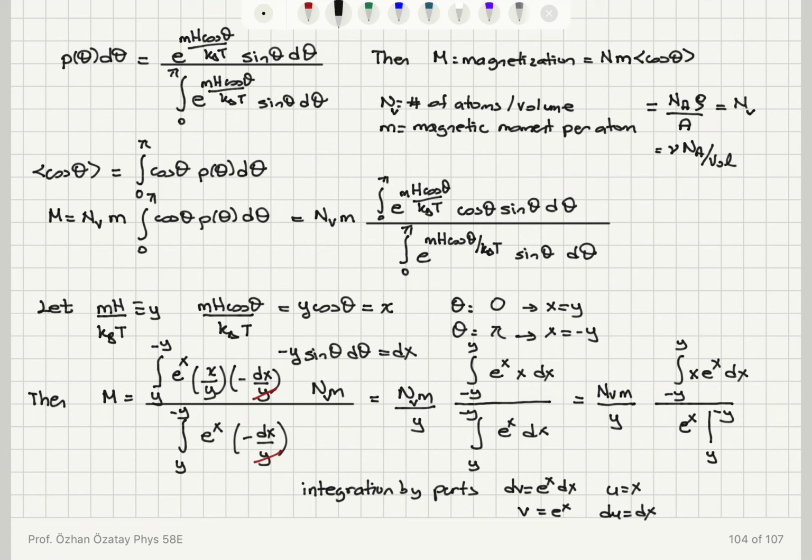So remember, integral u dv is uv minus integral v du. So we have integration by parts. Integral of u dv is uv minus integral v du. So we're using this mathematical expression. And this is to perform the top